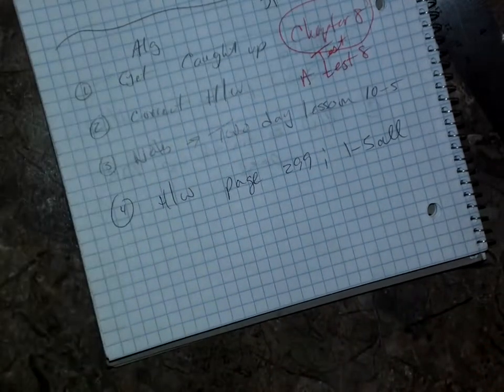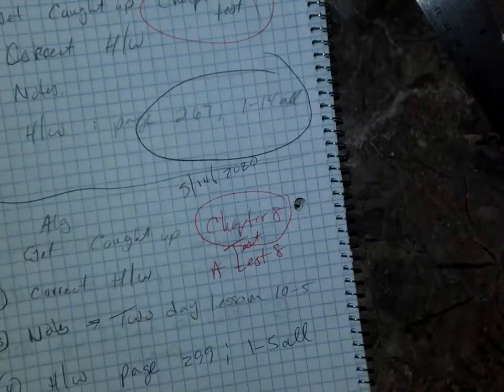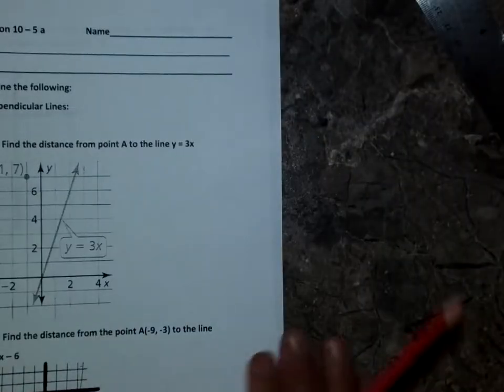Okay? Anyway, let's take a look at today's lesson. Today's lesson is kind of hard, but we're going to be smart. So, what are we going to do? Well, first of all,